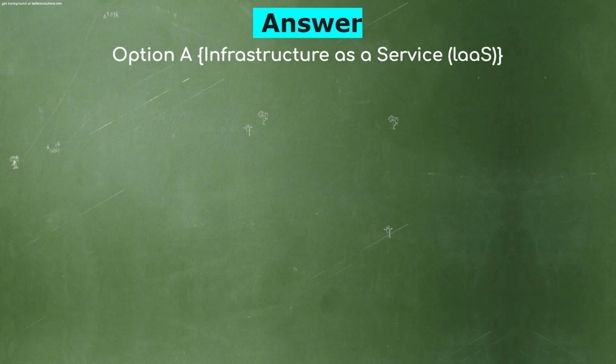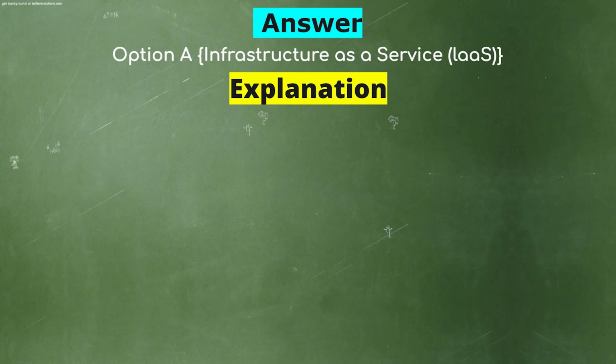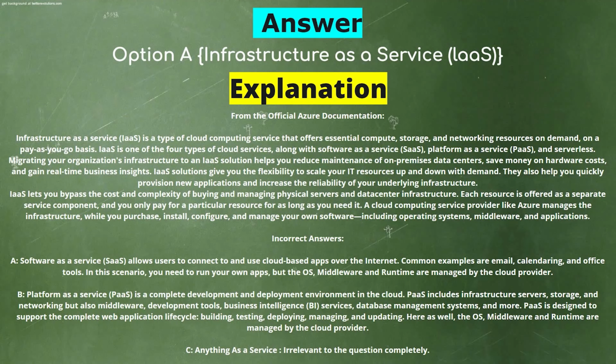Infrastructure as a service. Explanation. Infrastructure as a service is a type of cloud computing service that offers essential compute, storage, and networking resources on demand on a pay-as-you-go basis. IaaS is one of the 4 types of cloud services, along with software as a service, platform as a service,